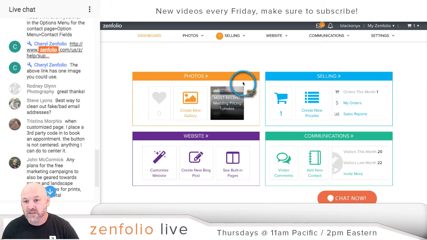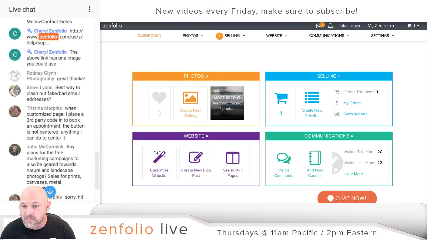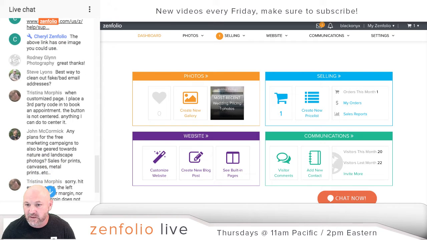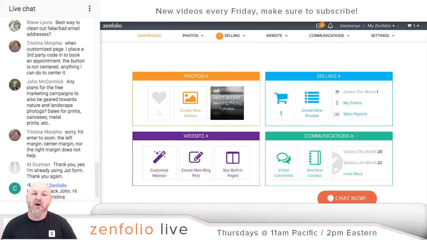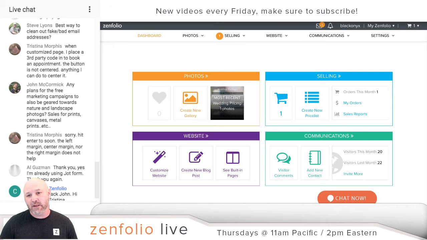All right, let's see. Tristina says, when I use a customized page, I place a third-party code in to book an appointment. The button is not centered. Anything I can do to center it? So that brings up a really great point, Tristina. When you guys are using custom pages or anywhere else in your Zenfolio account that lets you add custom code,